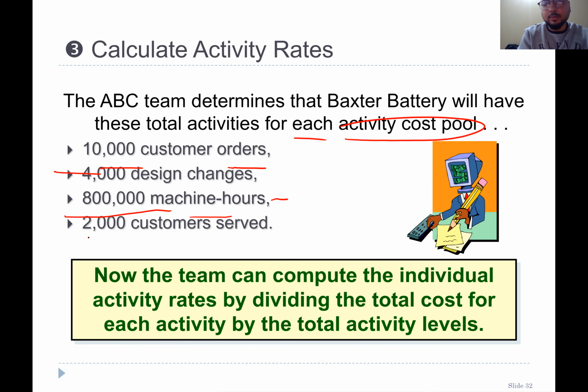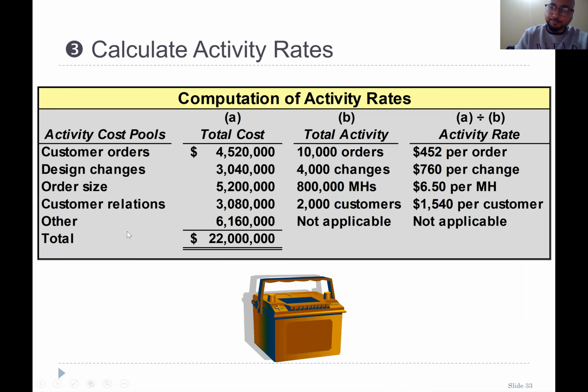800,000 machine hours, 2,000 customers served. So the second stage is to find out activity rates. So we know that at the start of the illustration, the question mentioned that every activity pool had its own activity measures. Now they have given